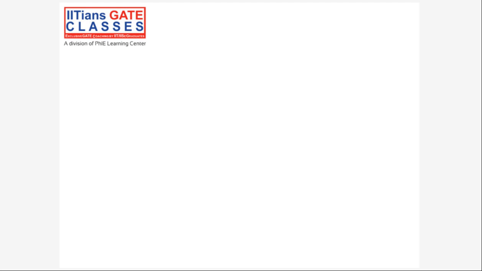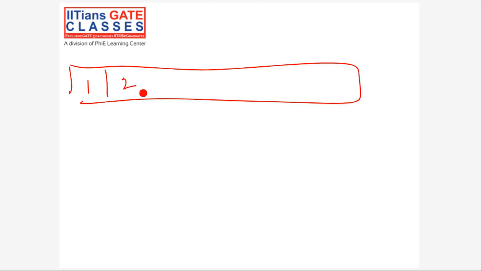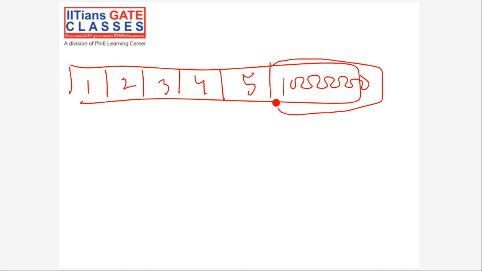Exactly. So Aditi, not only when digit is large, see something like this. 1, 2, 3, 4, and 5, and you have then this, right? So now the problem will be, since only one number is large and it is so large compared to the others, that radix sort will take order of n square time. We'll discuss the time in a moment, okay?